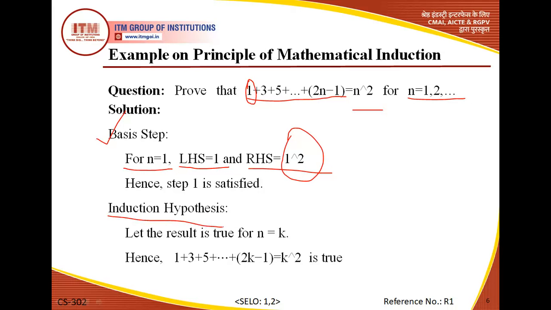What you have to do over here, you have to suppose something. What you have to suppose? You have to suppose the result for n is equal to k. Now let's put the value of n as k in the above result. So it would become 1 plus 3 plus 5 up till 2k minus 1 is equal to k to the power 2. Okay, so it would be k square. So we have supposed that this thing is true.